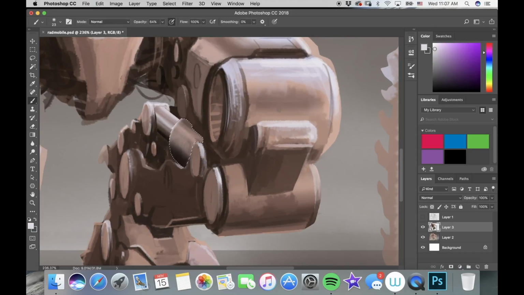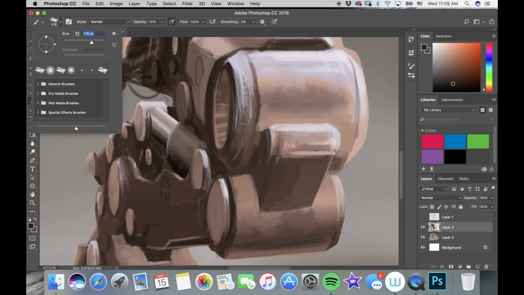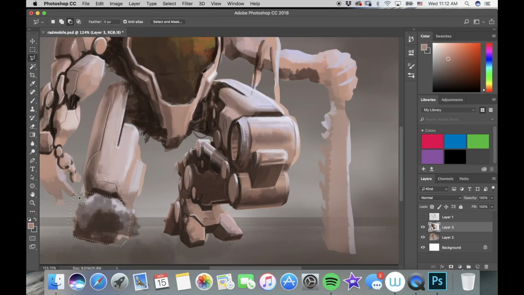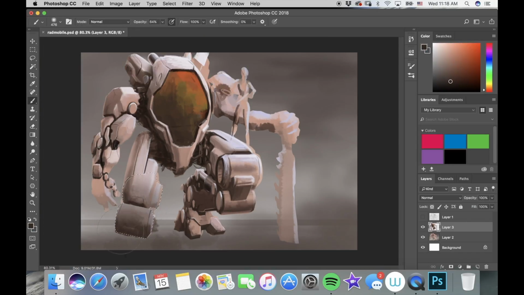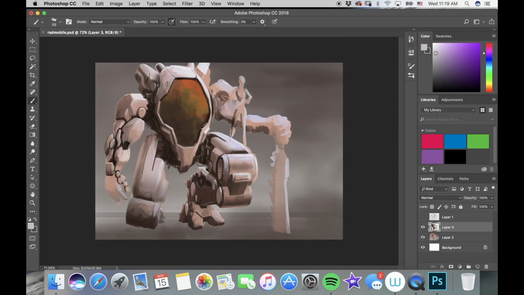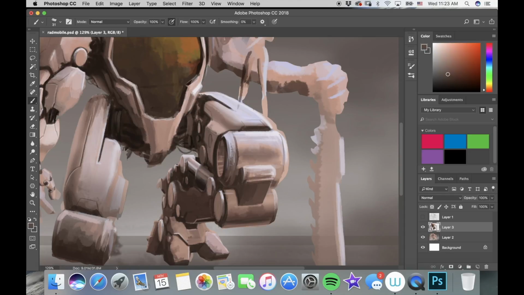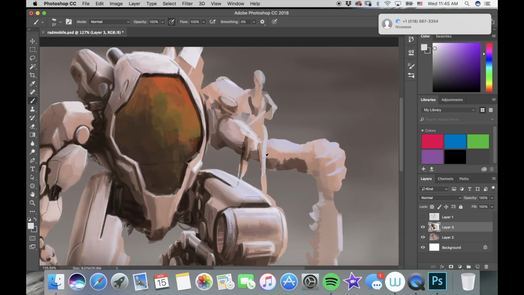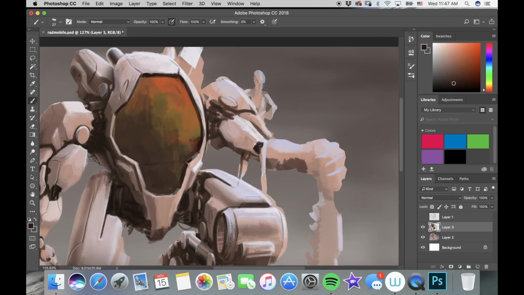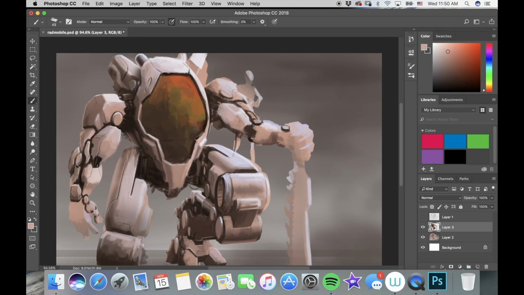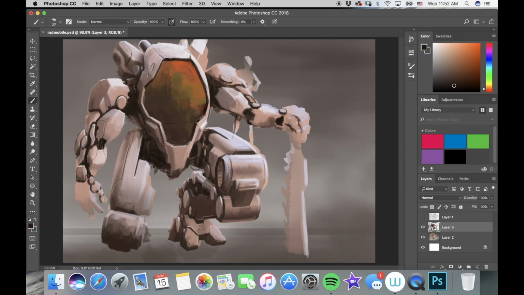For those of you who might be wondering, just a bit ago I flipped the screen, so I mirrored the image. The reason I do that is because when you mirror the image, it's almost like your mind has to refresh. It has to reanalyze what it's seeing, and it'll help you notice all kinds of mistakes that you might not have noticed before, just because you kind of get numb as you're drawing. You're seeing the same thing over and over for so long. You kind of get numb